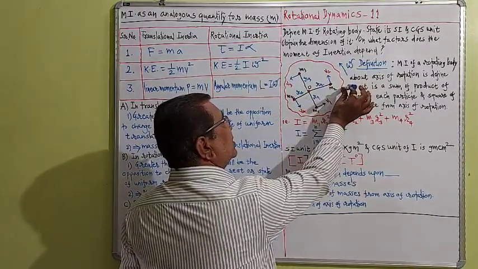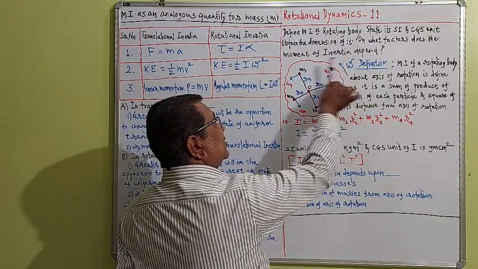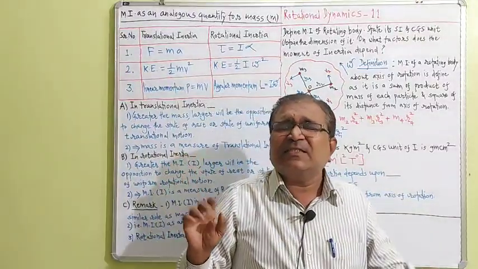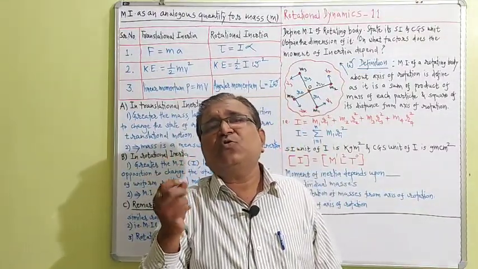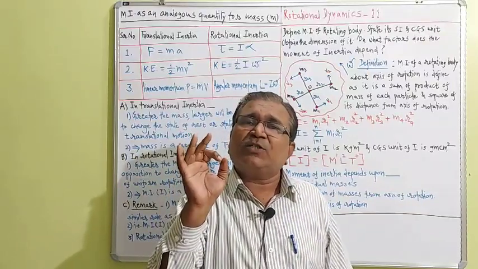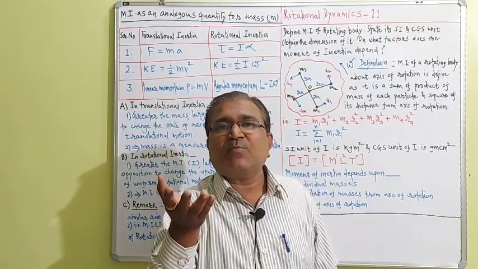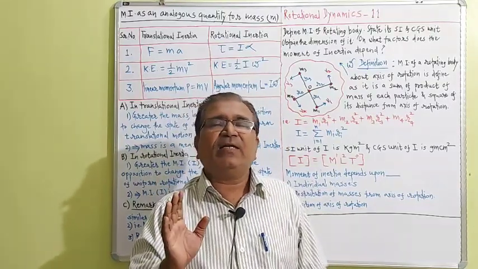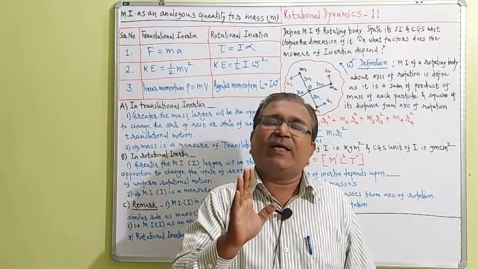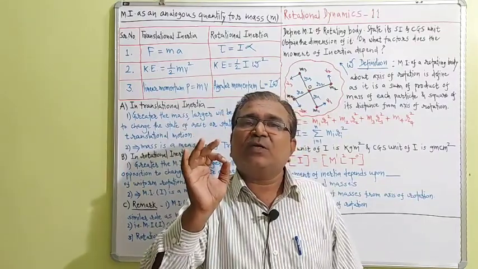This may be like this. There are various positions we can show of axis of rotation. Position of axis of rotation is also the most important part to suggest moment of inertia, and so I am discussing the factors and I am adding the additional factor, position of axis of rotation.